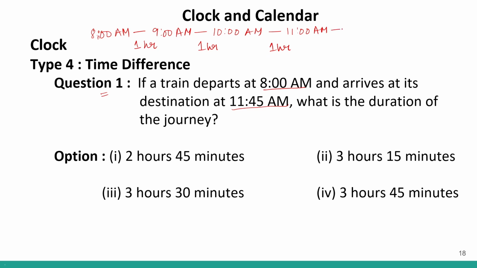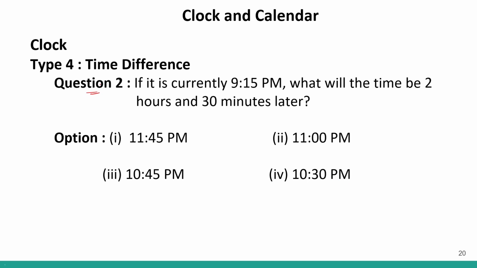Correct? Now, from 11 AM, if it is going to 11:45 AM, that means it is going 45 minutes extra. So it will be 1 plus 1 plus 1, that is 3 hours and 45 minutes. So total duration of the journey is 3 hours and 45 minutes. And 3 hours and 45 minutes is given in option number 4. So option number 4 will be our correct answer. Clear? Question number 2. If it is currently 9:15 PM, what will the time be in 2 hours and